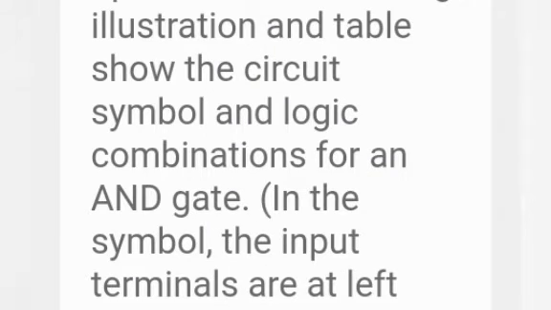The following illustrations and table show the circuit symbols and logic combinations for an AND gate. In the symbols, the input terminals are at left